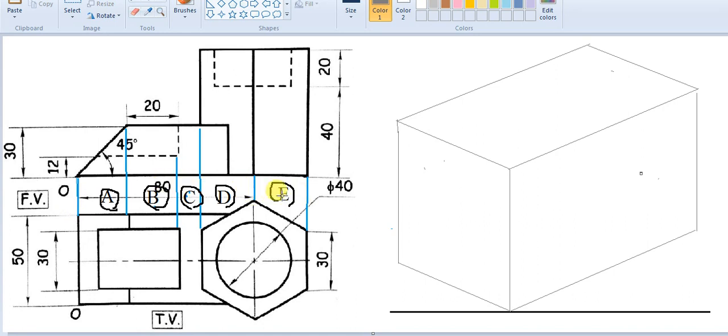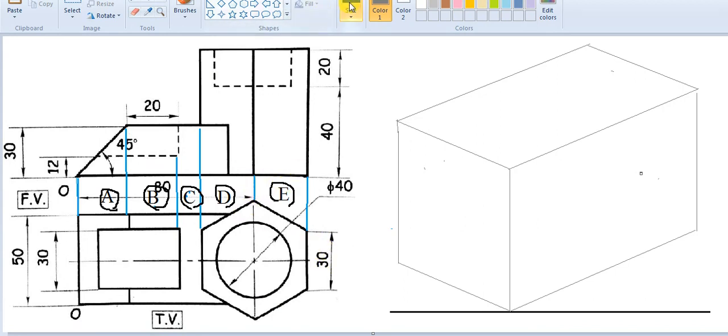So we have to figure out this dimension. Also, the maximum width that we can see in the top view is not 50. Instead, it is the length between two end points of the hexagon. For that, I have already figured out a similar hexagon of base size 30. Based on that, we can figure out this pending dimension.